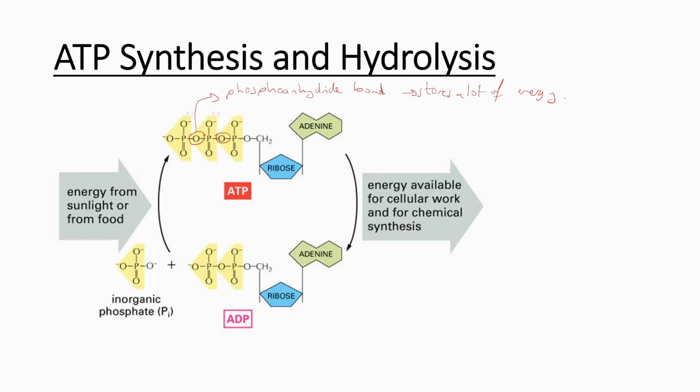Now, when we break the phosphoanhydride bond, energy is released. So breaking the phosphoanhydride bond actually releases energy, and the energy can be used in different processes. For example, muscle contraction, that's one use, mitosis or meiosis, DNA replication,